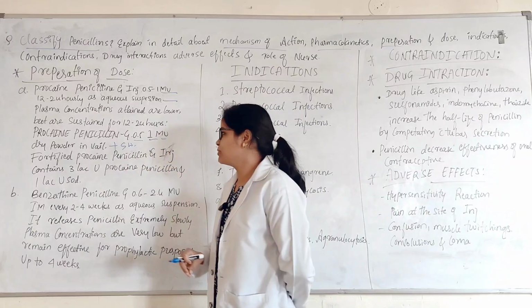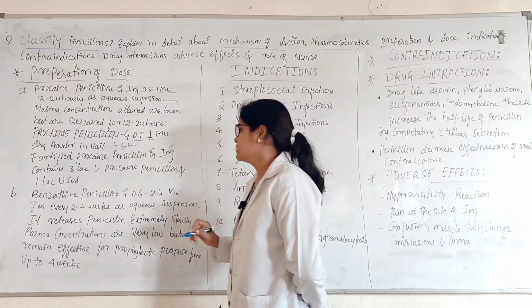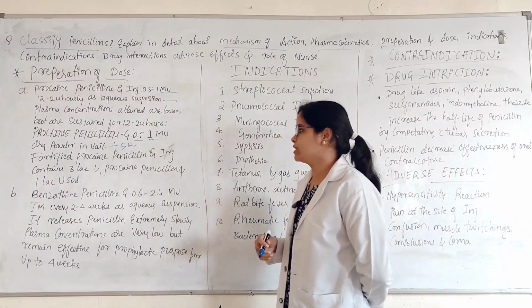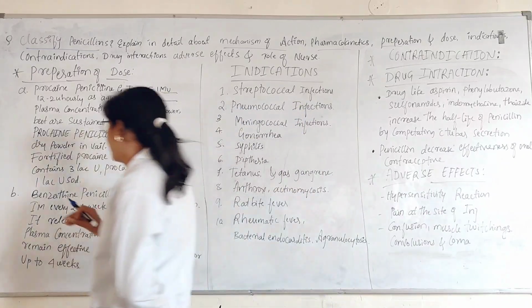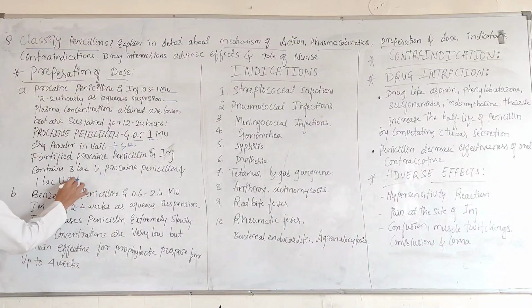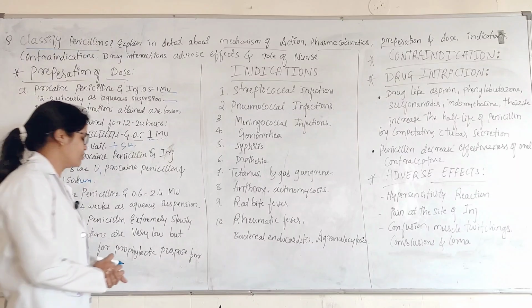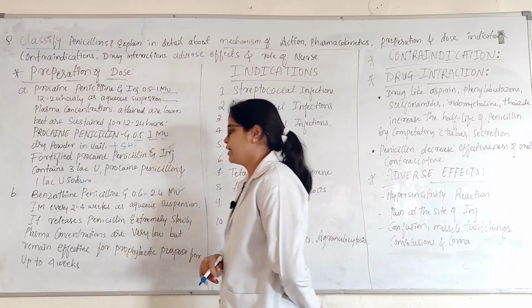And here the fortified procaine penicillin G injection contains 3 lakh U procaine penicillin and 1 lakh U sodium penicillin. Okay, next is benzathine penicillin G, it is administered 0.6 to 2.4 mu IM every 2 to